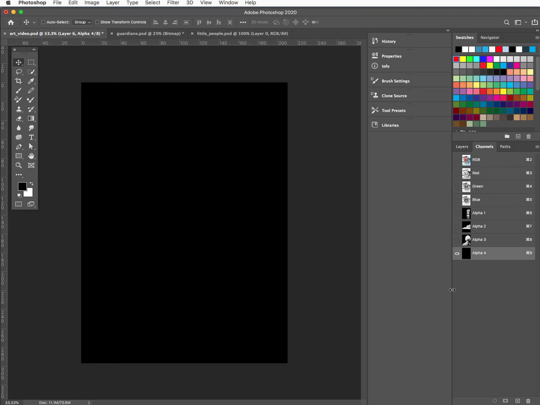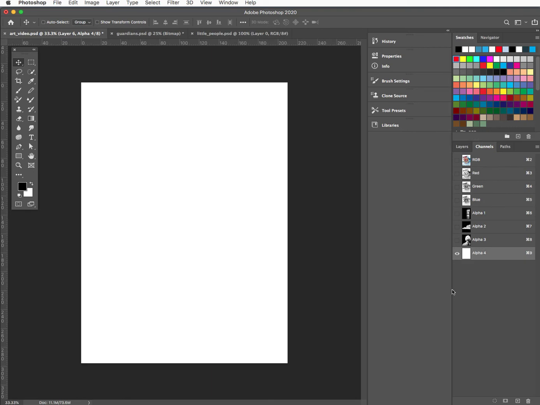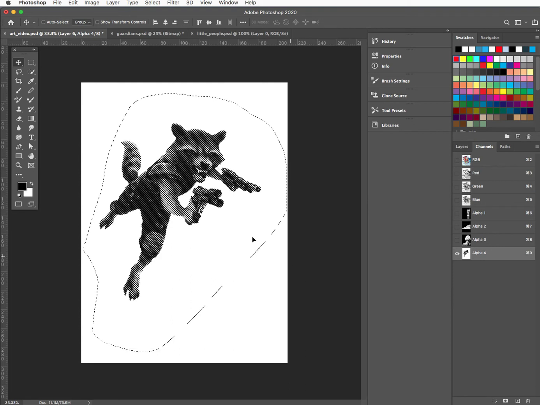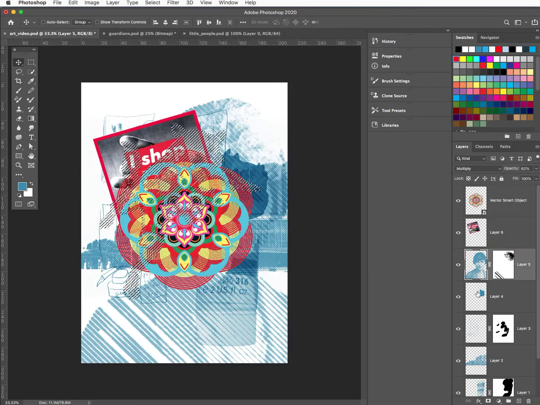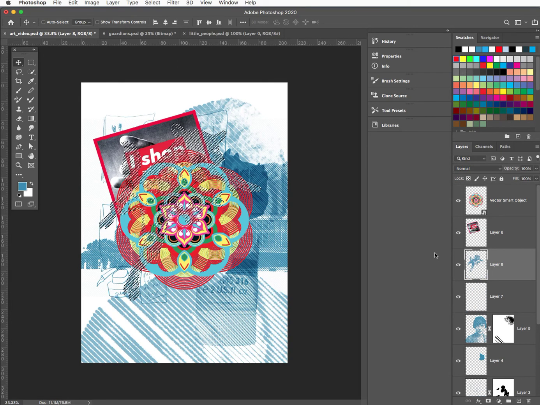This time I'm going to start off with white, so Command Delete, just because I know it's not a big square. So I'll start off with a nice clean background. Command D, Command I to invert it, make that selection, jump into the layers, and new layer, Option delete,